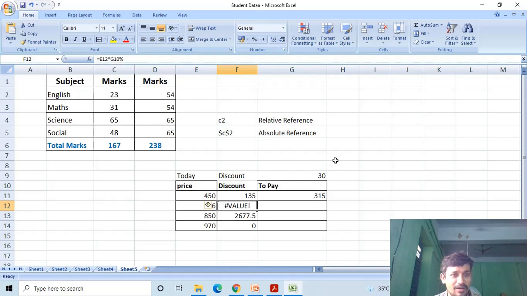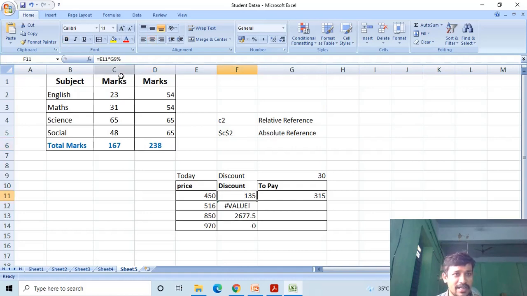If you copy the formula vertically, then the row number changes. Observe here G9, here G10, here G11, here G12. If you copy the formula horizontally, then only the column names are changed. The next column name will be replaced. This is the relative reference. Here in this situation, we must use the absolute reference. If you copy an absolute reference formula, it doesn't change.